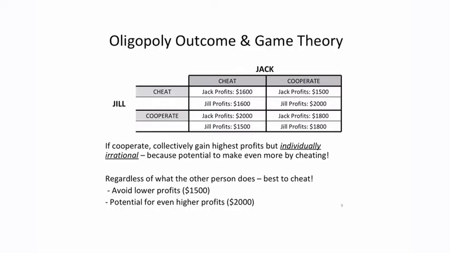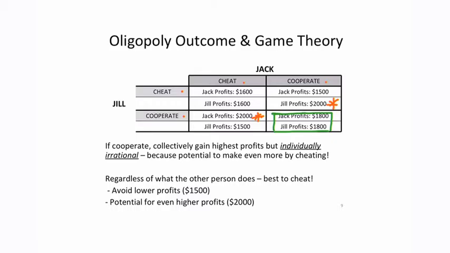Now, if we think about this in the context of game theory, let's think about Jack's choices. Jack's choice is either to cheat or to cooperate. And Jill's choice is also either to cheat or to cooperate. Now, if they both cooperate, the possibility is that they both make profits of $1,800. Now, if Jill cheats but Jack cooperates, this is going to be beneficial for Jill because she makes even more profits, and it's going to be costly for Jack. Now, if Jack cheats and Jill cooperates, this is going to be very beneficial for Jack because he makes $2,000